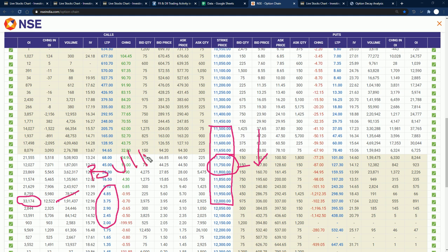As per this option chain, we are very strong bullish because of the institutions carrying, especially the FIIs carrying huge call longs, and put writing also has been done by the proprietary traders. So we will move on to the next setup,